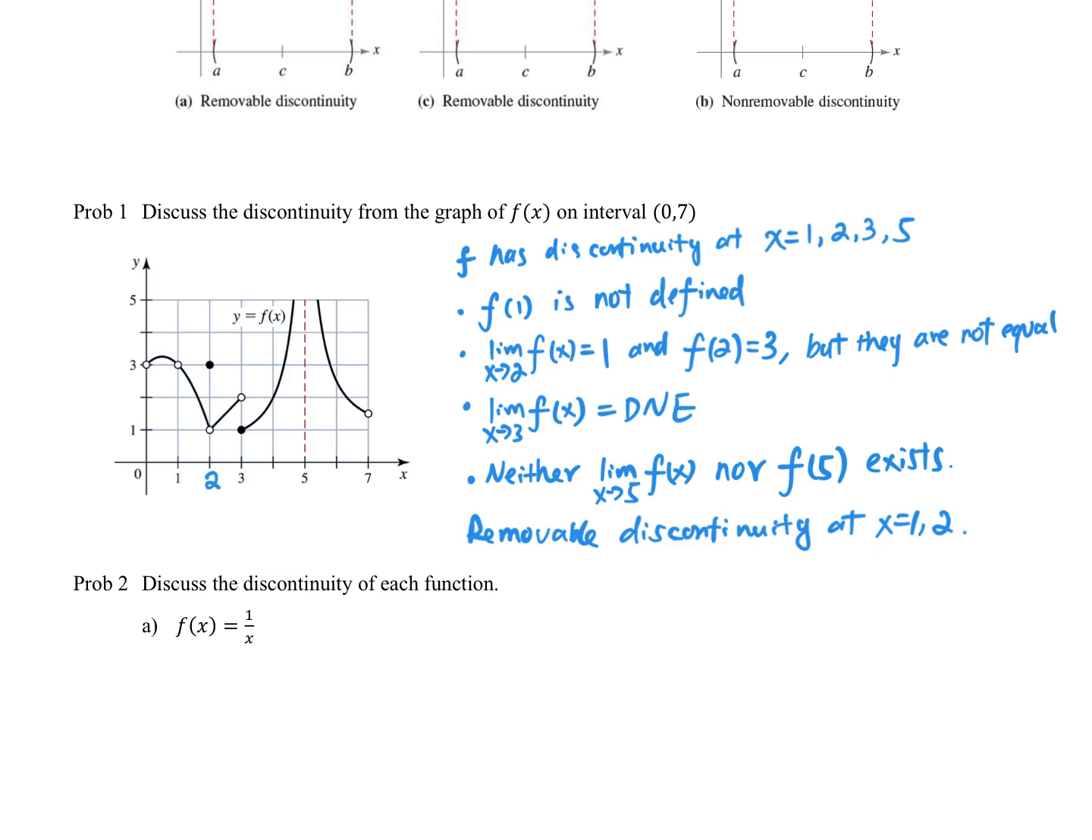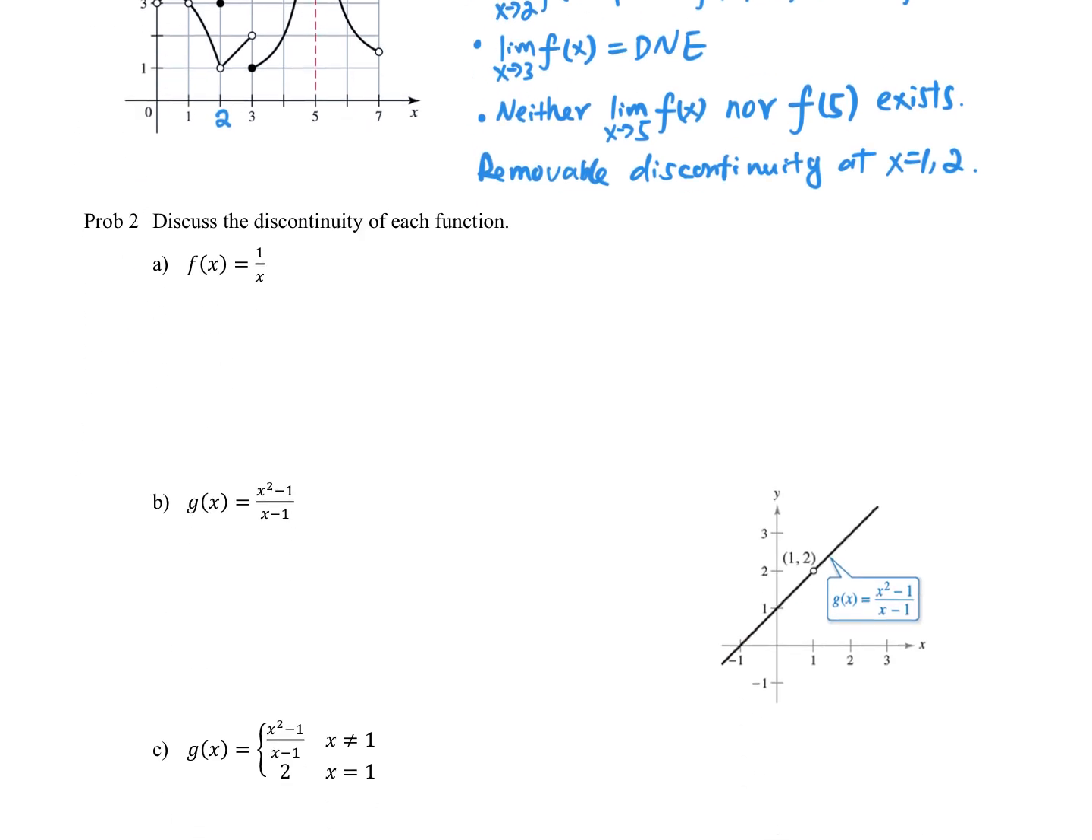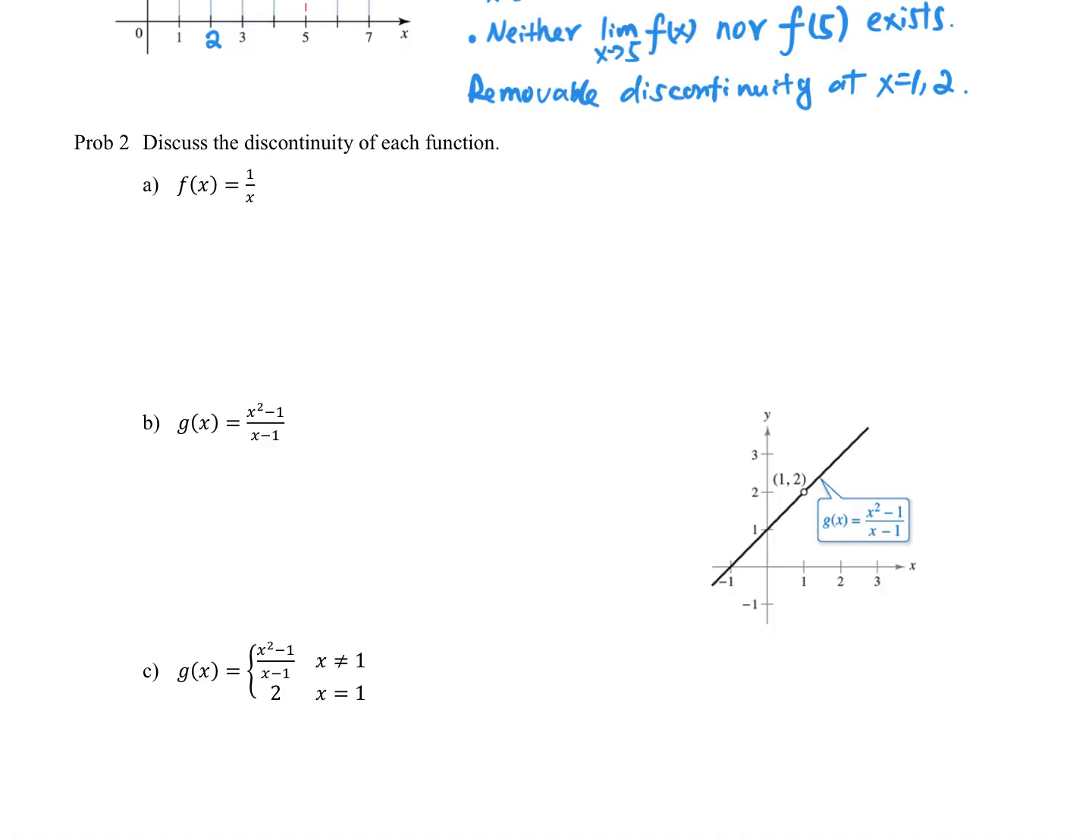Now let's look at another example here. We have several functions given, and we want to discuss the discontinuity of each function. So let's look at the first one, f of x equals 1 over x. Here the domain is all real numbers except